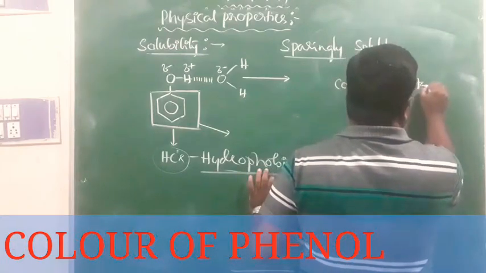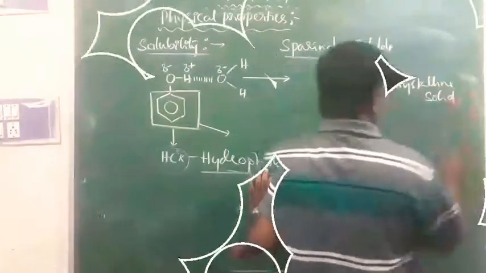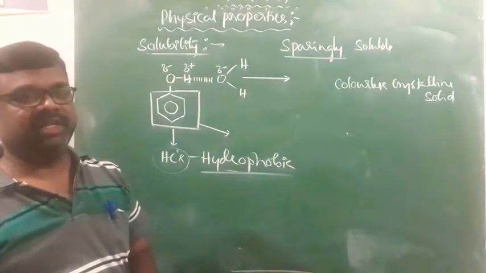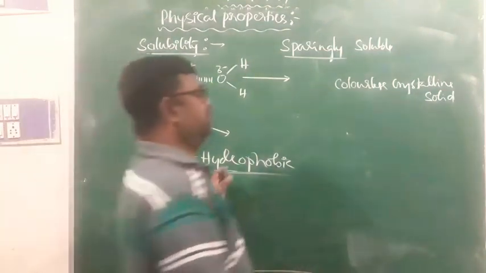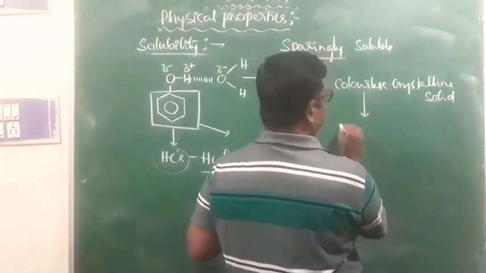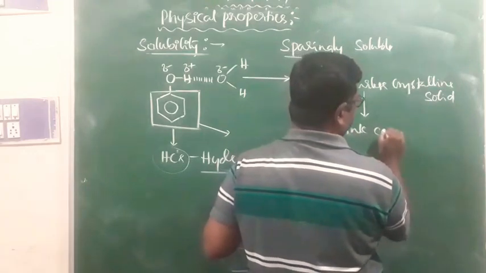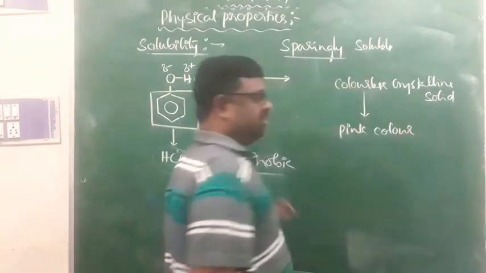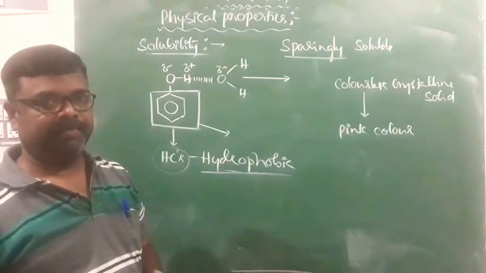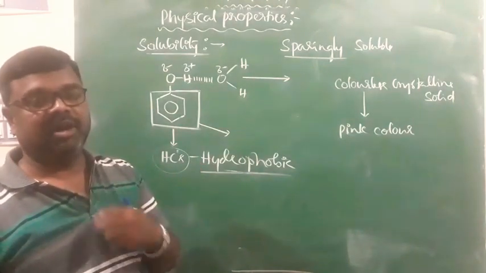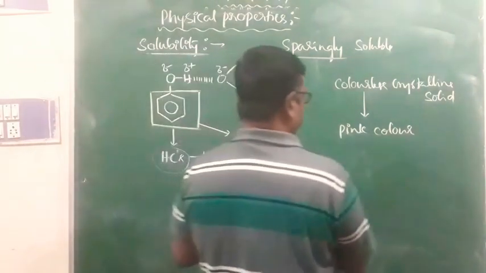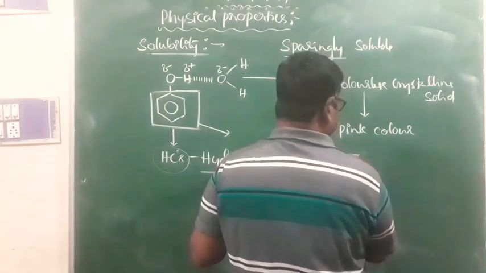Colorless crystalline solid. As far as pure phenols are concerned, they are colorless crystalline solids. But when they are exposed to air, they acquire a pink or red color. Phenol acquires a pink or red color upon exposure to air because of the formation of oxidized products of